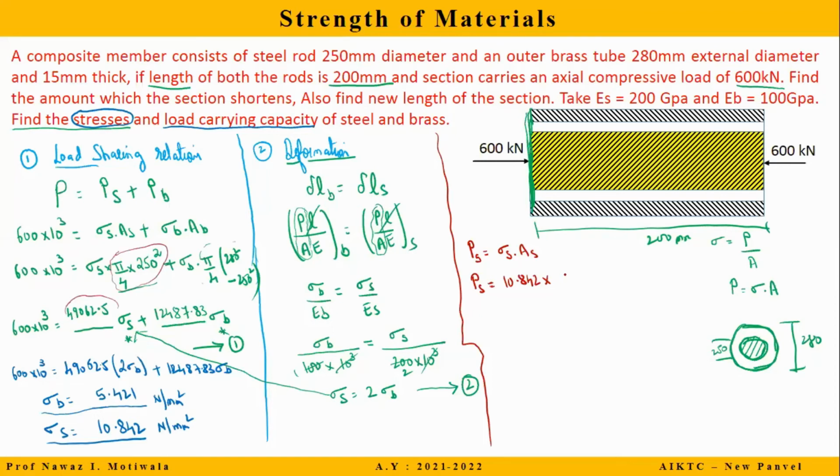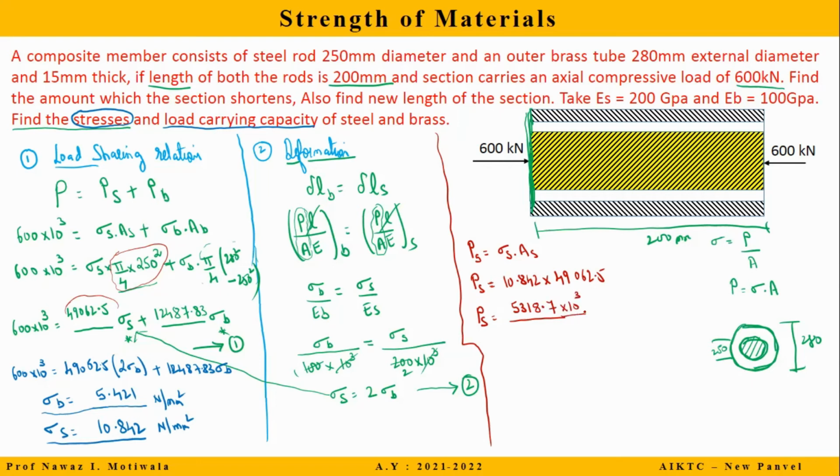49062.5. So I will just multiply it here, 49062.5. So in the exam also, don't write again area of S is pi by 4 d square and calculate and waste the time. We have already calculated and kept the answer there. So just multiply and give me the answer for PS. What will be the answer for PS? 531.93 into 10 raised to 3. Let us say I am using 5318.7 and it should be multiplied by 10 raised to 3.